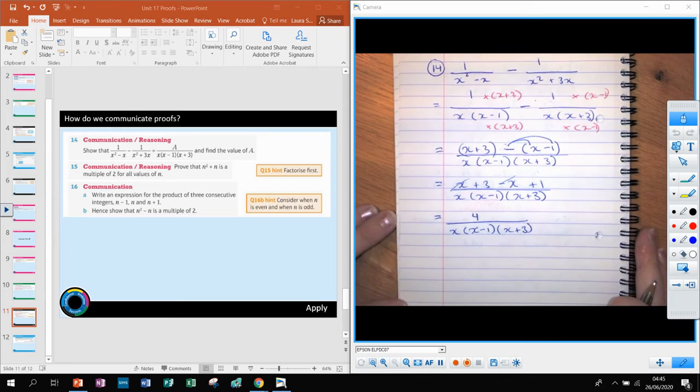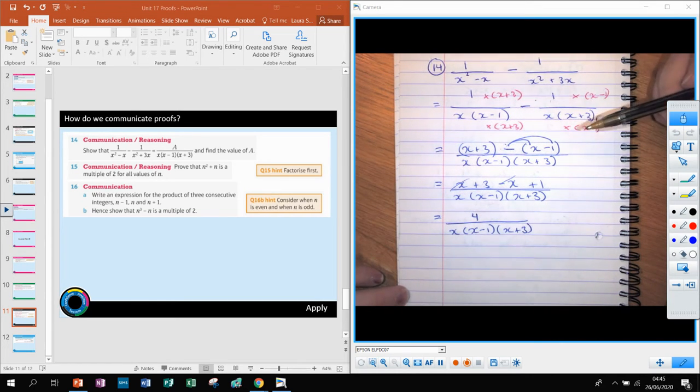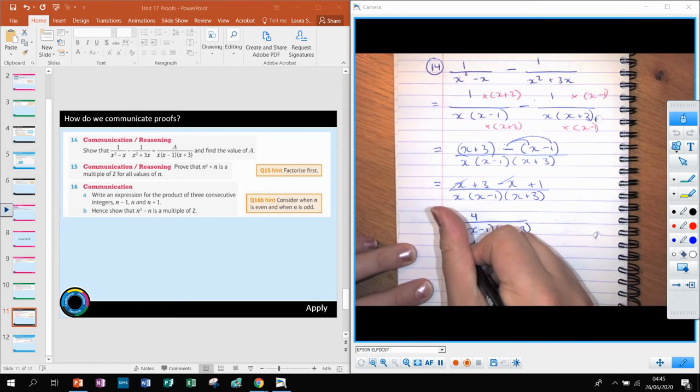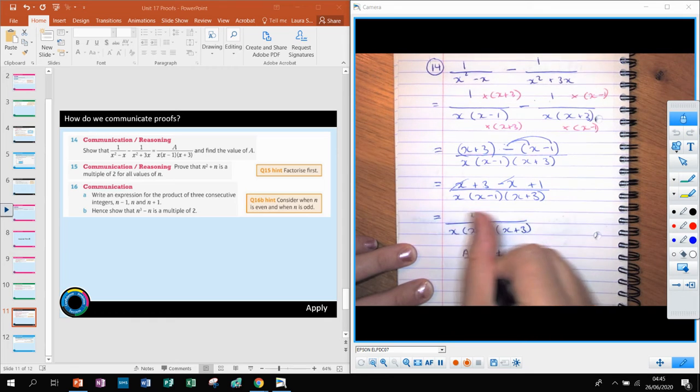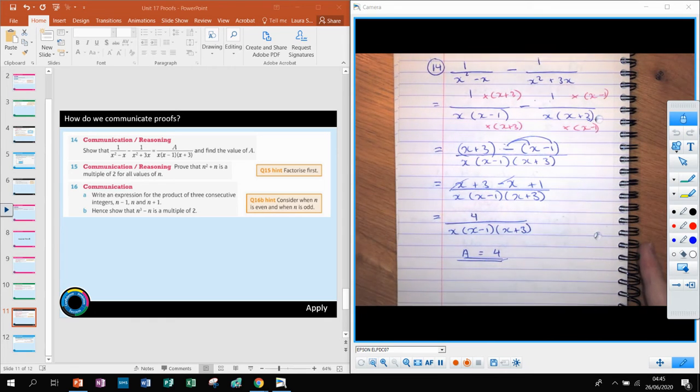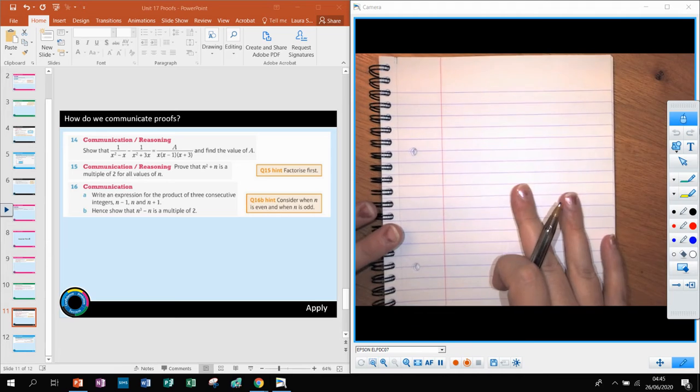Right, and they've asked us to show that. Well, we've shown that, and they also asked us to state the value of a, so we can now say that a is equal to 4. So well done, those of you who got that. If you didn't, don't worry. You need to go and review your algebraic fractions in some of the previous videos to make sure that you've solidified that. Okay, right, question 15